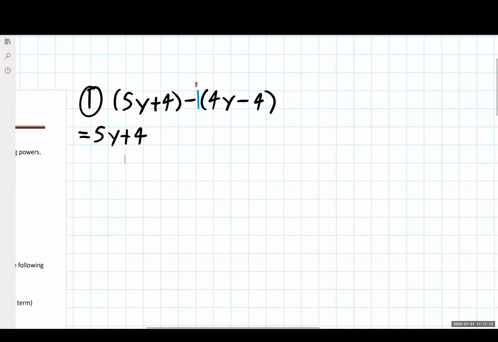This negative, however, is going to distribute through and start changing signs with what's inside here. So a -1 times 4y changes this to a minus 4y. 4y went from positive to a negative. And then this -4, well, a negative times a negative is a positive, so I'm going to end up getting +4 written out here. Now that we have everything multiplied out, we have no more parentheses showing up, and we can start combining like terms together.